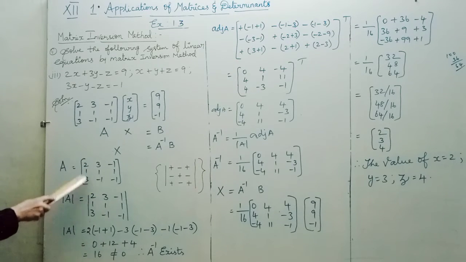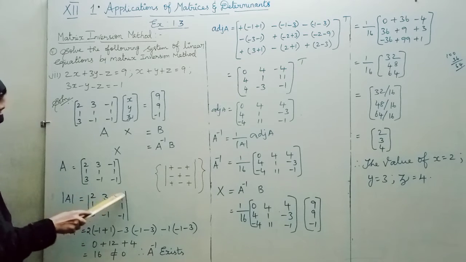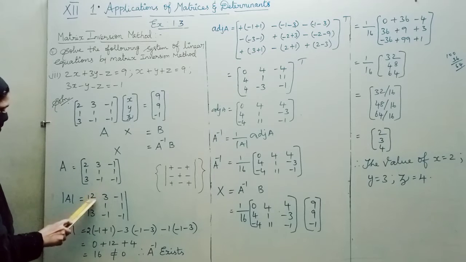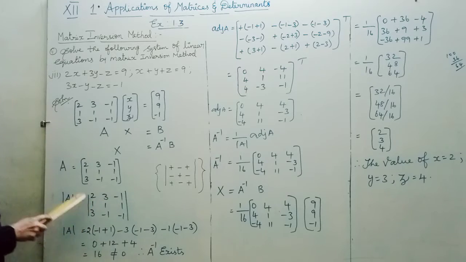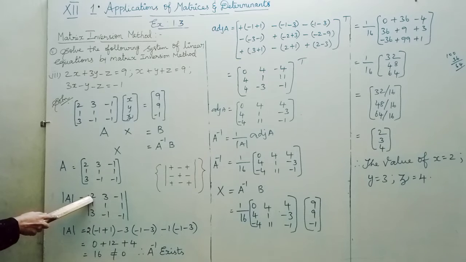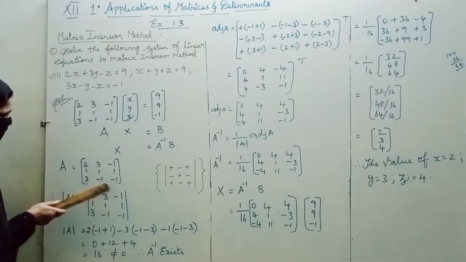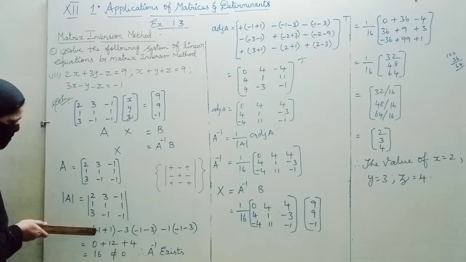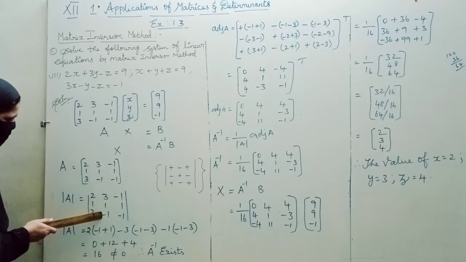Instead of the matrix box you can substitute in the determinant box and find out the determinant a in the usual procedure. That is, for determinant a we take only the first row. For cofactors we have to take each step and include the signs, but for determinant a only the first row must be taken. So first row means plus minus plus. I am taking plus 2. Close this column and this row. Plus into minus is minus 1. In the middle a minus sign should be there, so minus into minus plus 1 into 1 is 1.